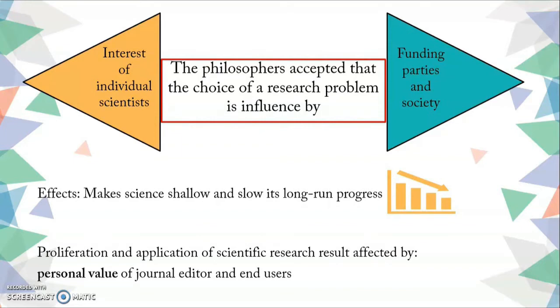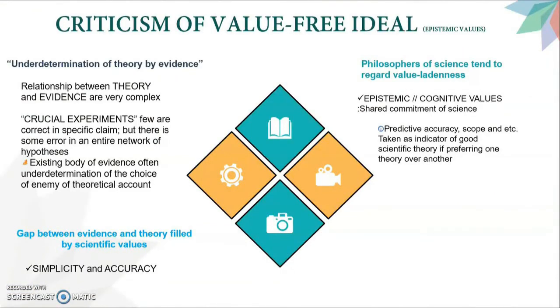Similarly, the proliferation and application of scientific research results are affected by the personal values of journal editors and end users. The real debate is about whether or not the core of scientific reasoning, which are values 2 and 3, the gathering of evidence and the acceptance of scientific hypotheses, should be value-free. Because the philosophers agree with values 2 and 3 only, three criticisms of value-free ideas arise in terms